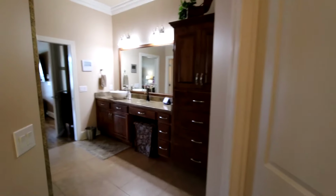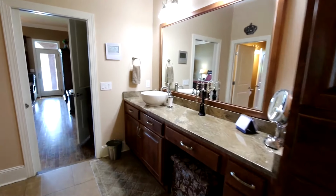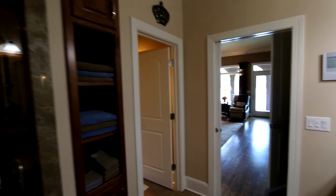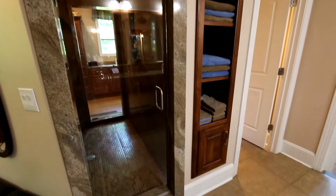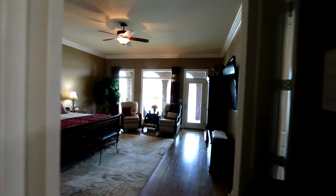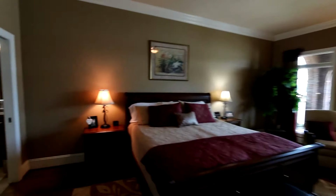And then on the other side, you can see hers side is just as nice as his side. You've got the nice cabinets and drawers that pull out, and you got the tile floors. It's just done really well. And then you got his and her walk-in closets too. So very nice. We're going to walk back through, and I'm just going to walk through the shower here and